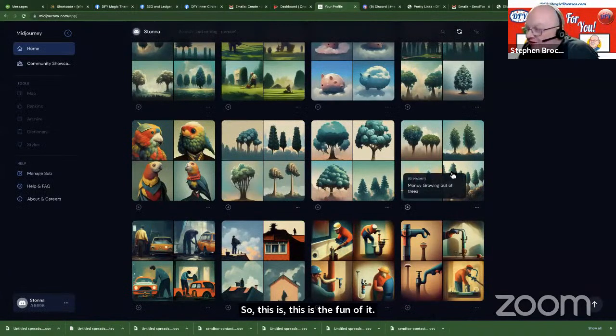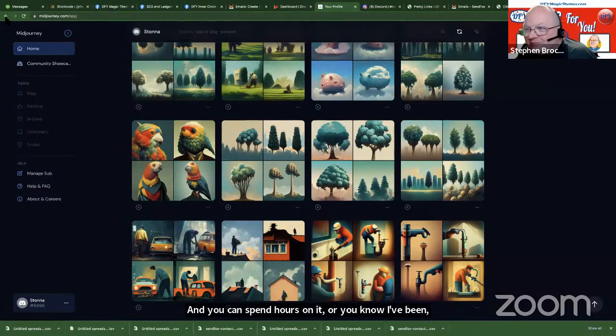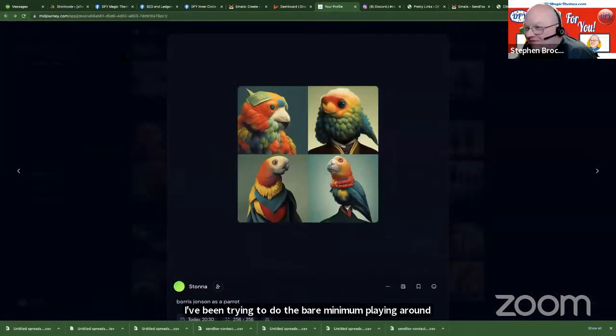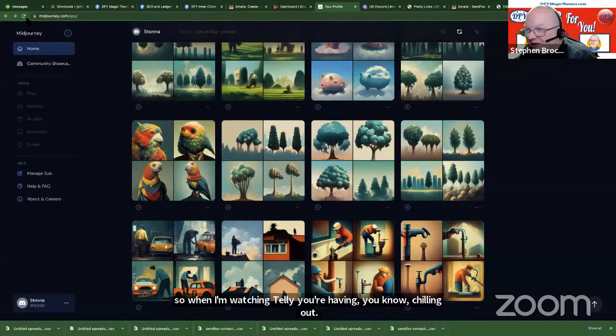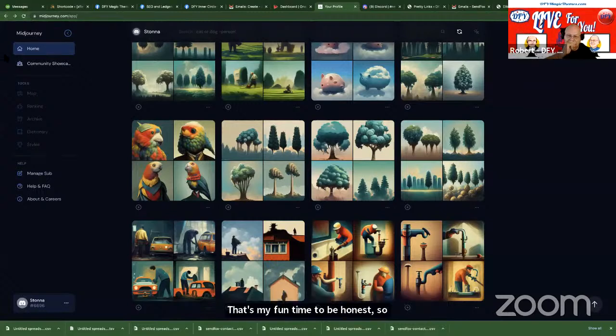I've been trying to do the bare minimum playing around, and I have to leave it alone. When I'm watching telly or chilling out, that's my fun time, to be honest. It's taken him a bit to figure it out, but the styling reminds him of Clockwork Orange.